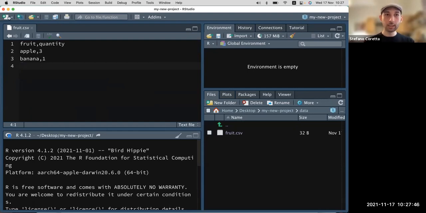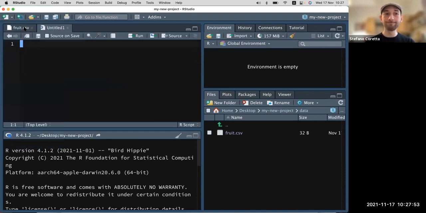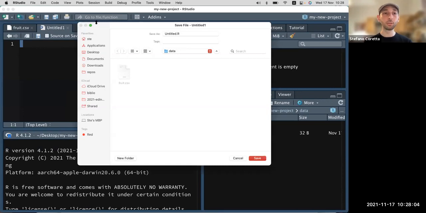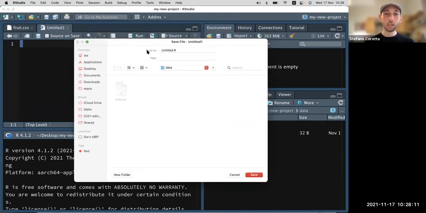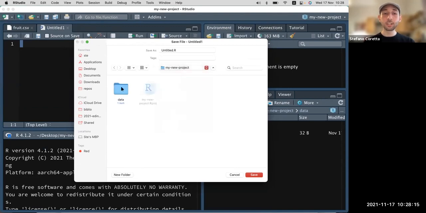So to do that, you click again on the plus sign over there, and this time you click on R script. That will open up again an untitled script, and this time we're going to save it before we do anything else. So you can either click on the save button or use the shortcuts on the keyboard. It's usually the same as with other programs. And this time, let's actually create a new folder called code